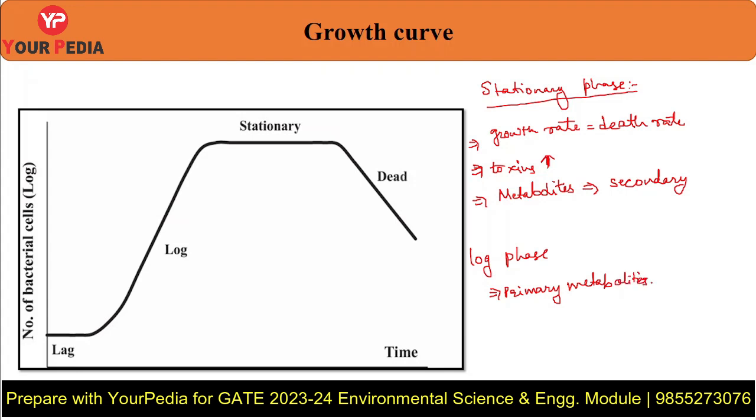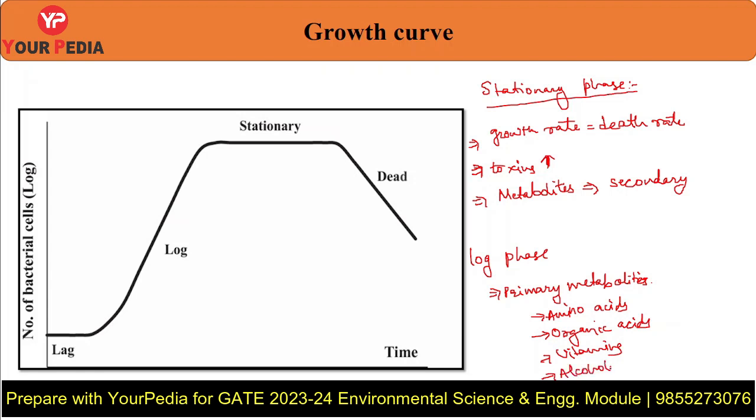These metabolites are important with respect to biotechnological view. So the secondary and primary metabolites are formed in stationary and log phase respectively. Under primary metabolites, we get amino acids, other organic acids, vitamins, alcohol,